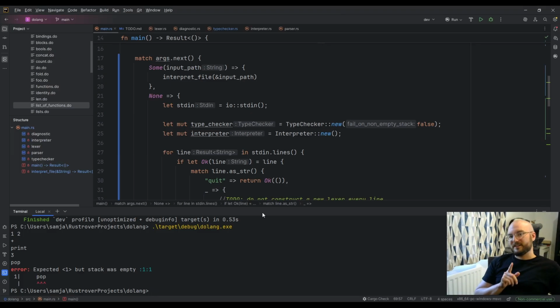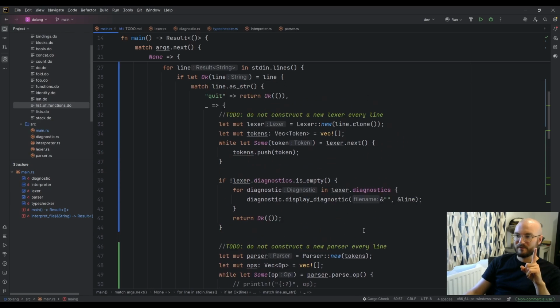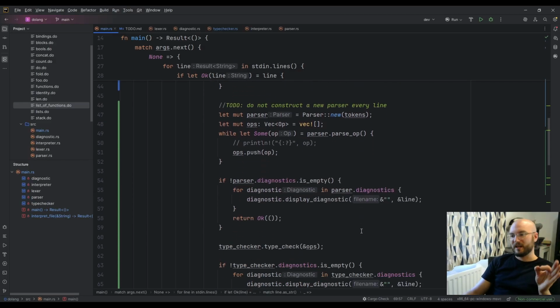Maybe we don't want it to exit on an error. Maybe we just want it to reject the line. That's actually probably a better option. So that's tricky, because if you are type checking a line and it's only at the end that there's an error, you need to kind of rewind the type stack, because you've polluted it, or like you've mutated it at that point.